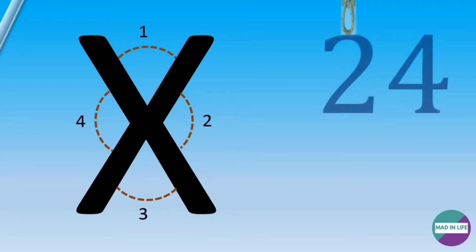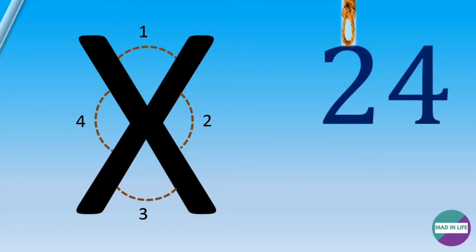Okay. Next we have X. Now there are these sides, you see. Just count that. There is 1, 2, 3, and 4. 4 sides are there. So that is 24. Super higher side 24. And the rest of the alphabets you have learned, 25 and 26.